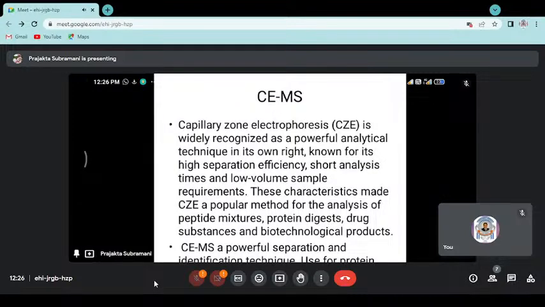CE-MS is capillary electrophoresis coupled with mass spectrometry. Capillary zone electrophoresis is widely recognized as a powerful analytical technique in its own right, known for its high precision, efficiency, short analysis time, and low volume sample requirement. These characteristics made capillary zone electrophoresis a popular method for analyzing peptide mixtures, protein